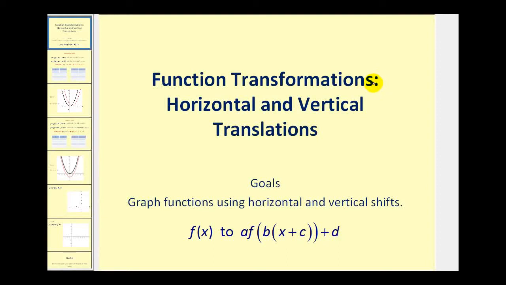Welcome to another video on function transformations. This video deals specifically with horizontal and vertical translations. So the goal of the video is to graph functions using horizontal and vertical shifts. For looking at transformations from this function to this function, this video deals specifically with how C and D